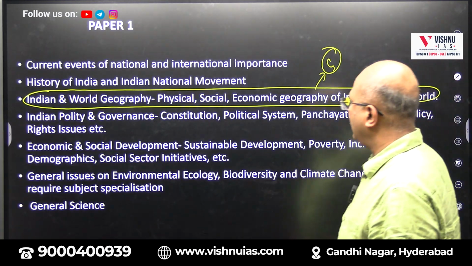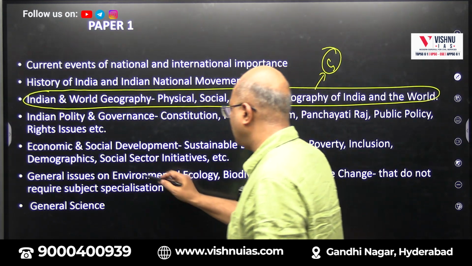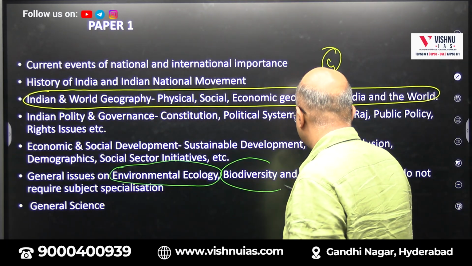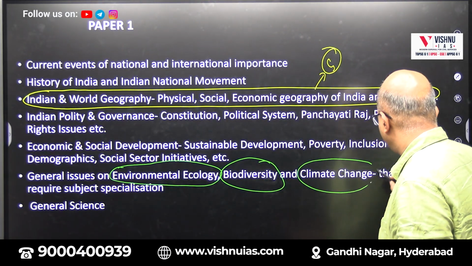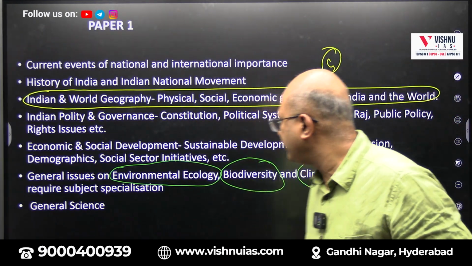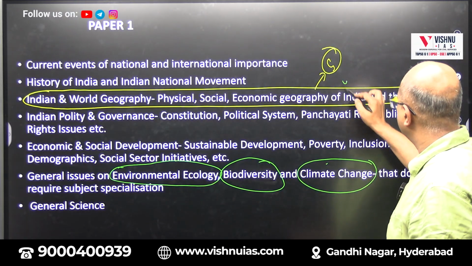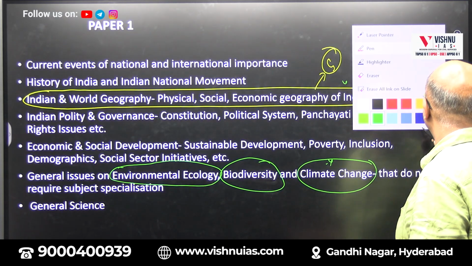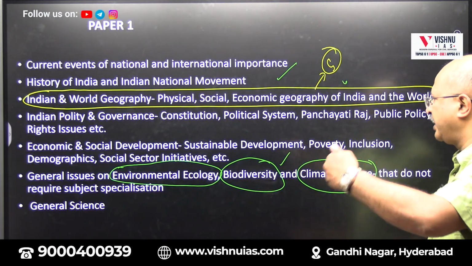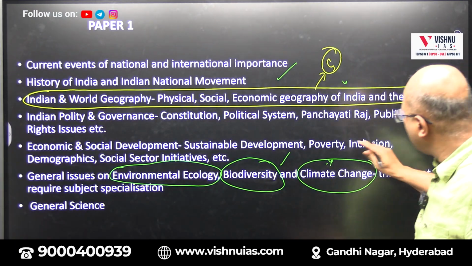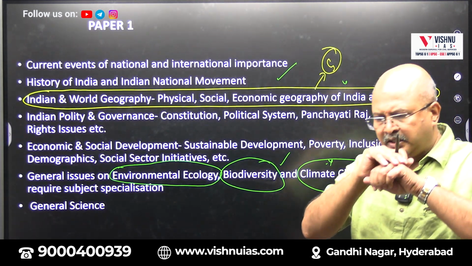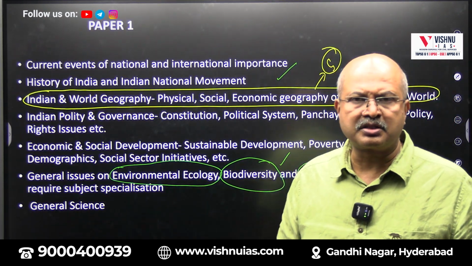Apart from that, linked with geography, we also have environmental ecology, then biodiversity and climate change. So these are all part of ecology and environment linked to geography. So this also plays an important role. These two sections are associated with the geography part: the core geography and the application part in the form of ecology and environment. Now there are some points which are included in other topics as well. There is no complete demarcation from one subject to another.